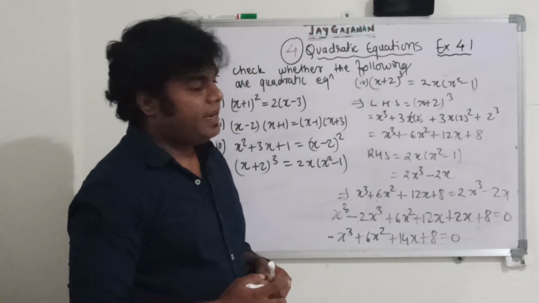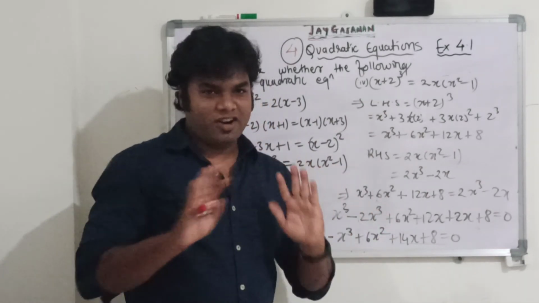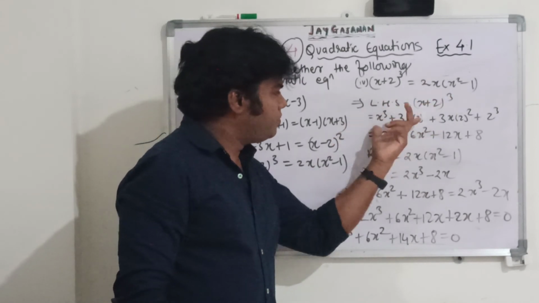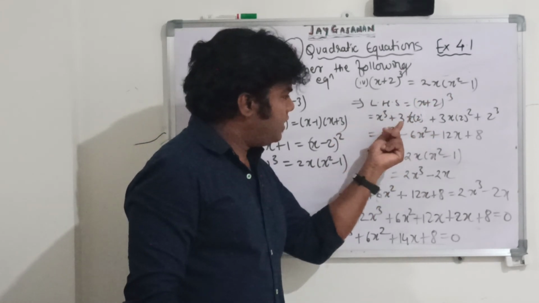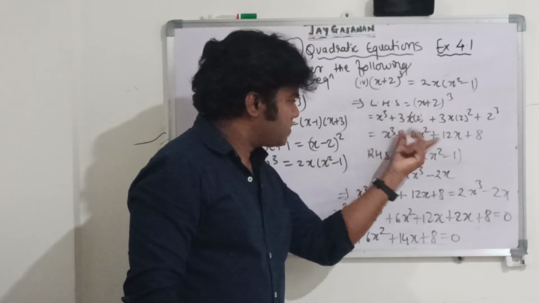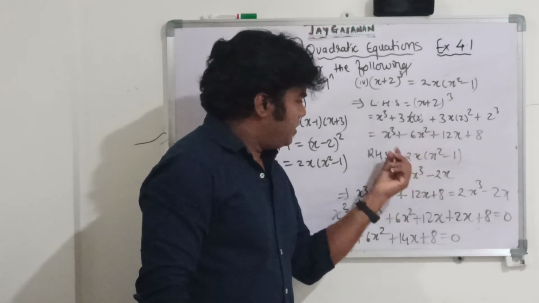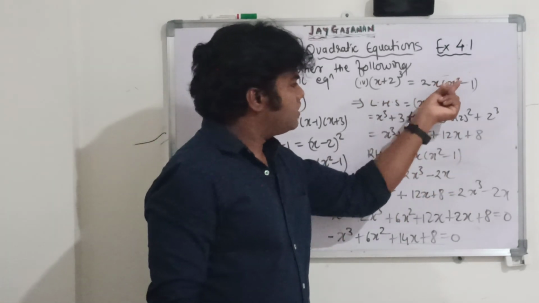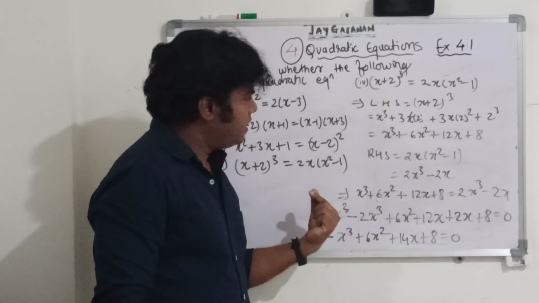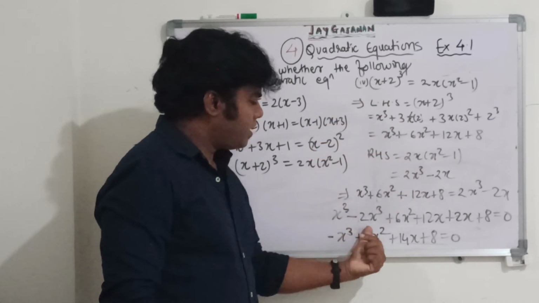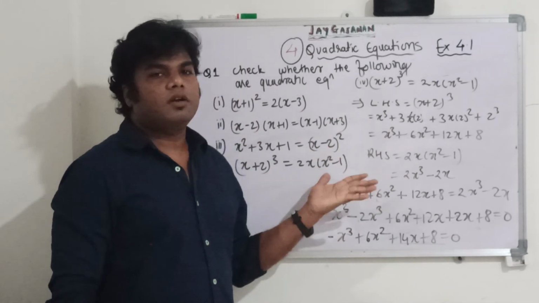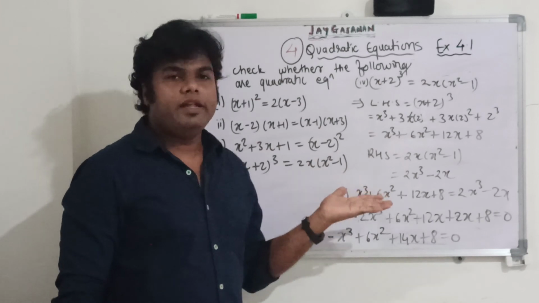If we have not made any mistake, then this is not a quadratic equation. Let us check it once. LHS is equals to x plus 2 whole cube. So yes, 3a square b, 3ab square plus 2 cube. That's it. 3 into 2 is 6x square, correct? Okay. And for this, 2x into x square, 2x cube. Yeah, if we shift 2x cube to this side, that is minus 2x cube. x cube minus 2x cube. So therefore it is correct, and this is the way of finding whether it is a quadratic equation or not.